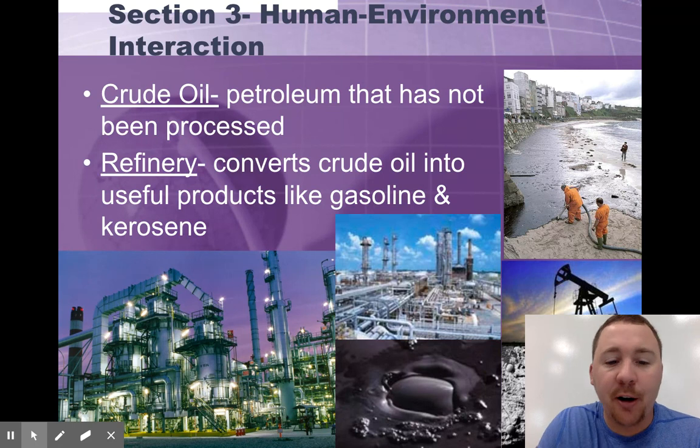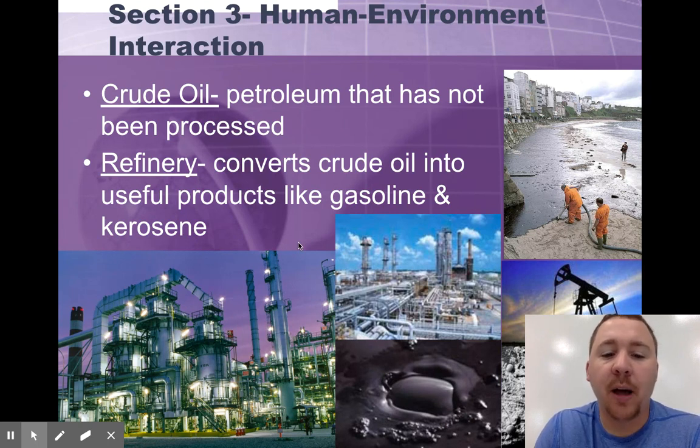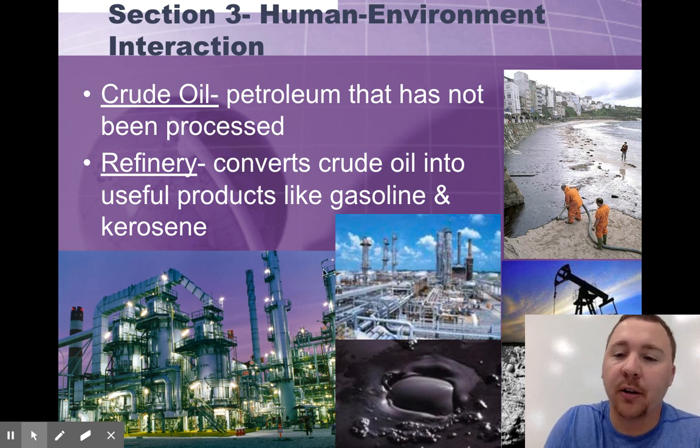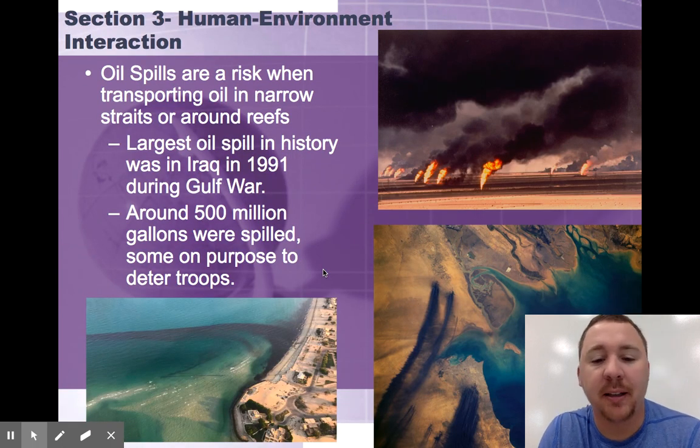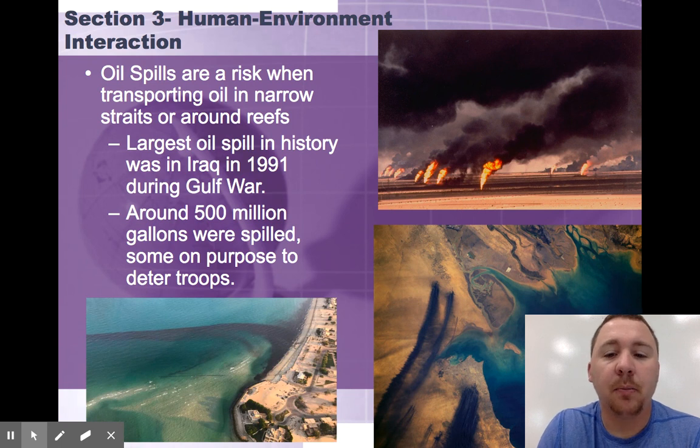Okay, the refinery comes into place. It takes the crude oil and converts it into lots of different products as well. And so you have products like gasoline, kerosene, and other things that they're making as byproducts of the oil they're getting out of the ground. But the big problem with the human environment aspect of this is that when they transport these things, sometimes they cause big oil spills or just problems for these plants in general.